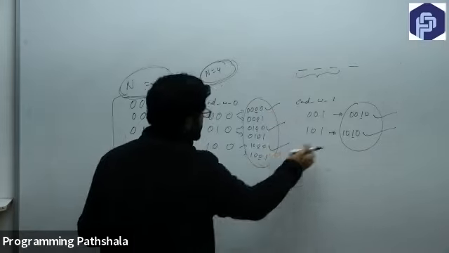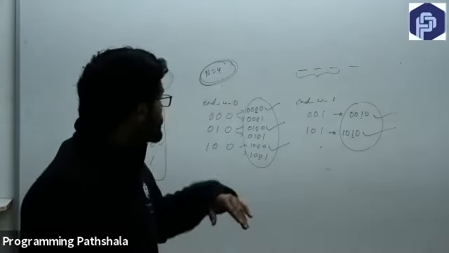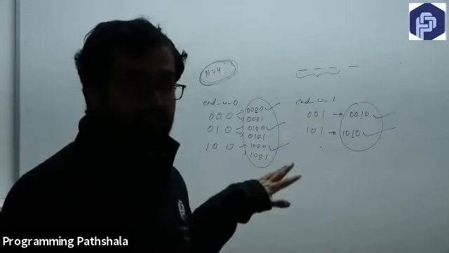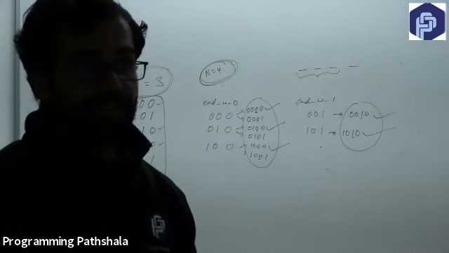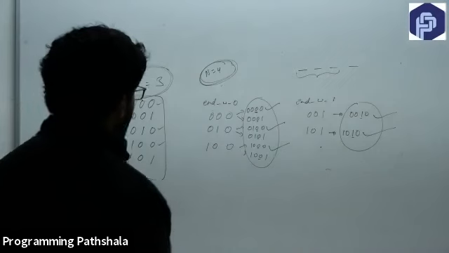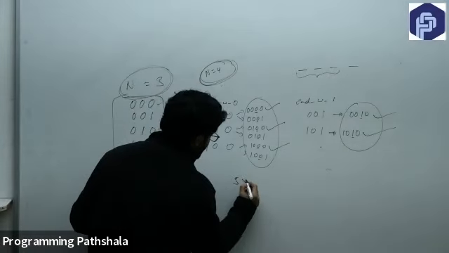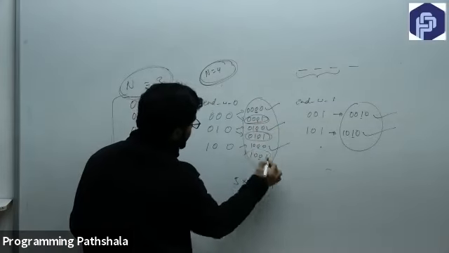So these 5 will create how many children for n equals 5? These 5 bit strings that you can see will create 10 legal bit strings for n equals 5. Okay, so I get 5 into 2,